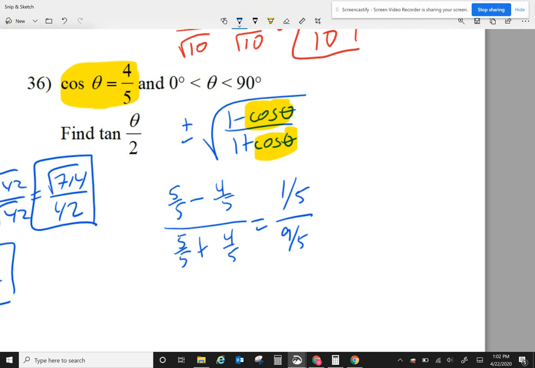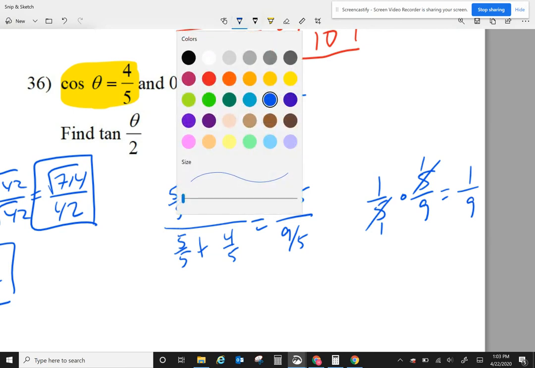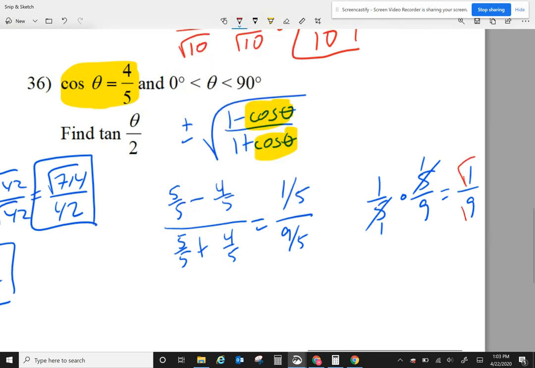So I'm just going to go 1 over 5 times 5 over 9. These 5's become 1. So on the top, I have 1 over 9. Now let me deal with the square roots. And I get 1 over 3. You will type this as 1 over